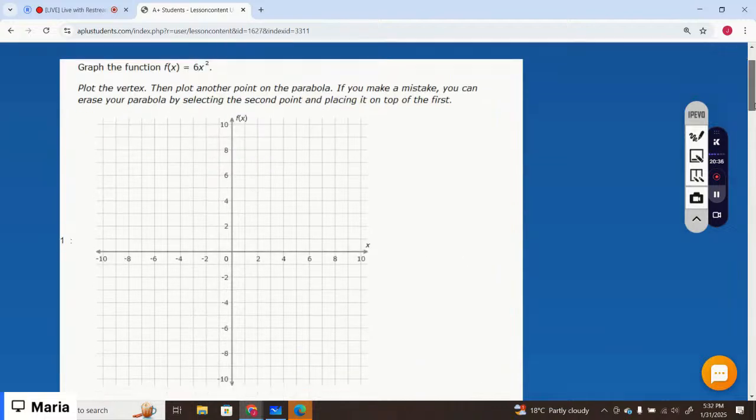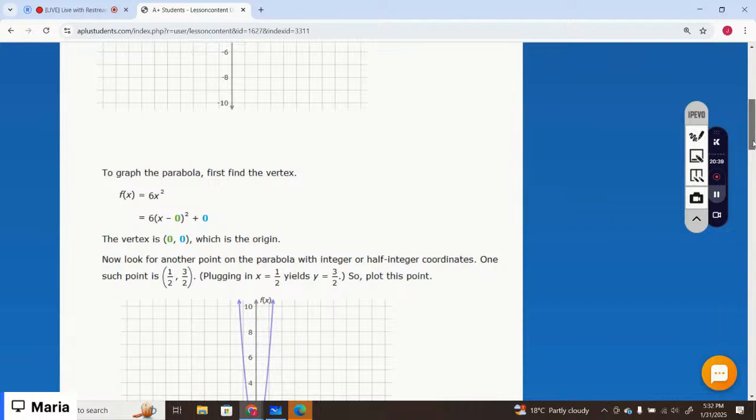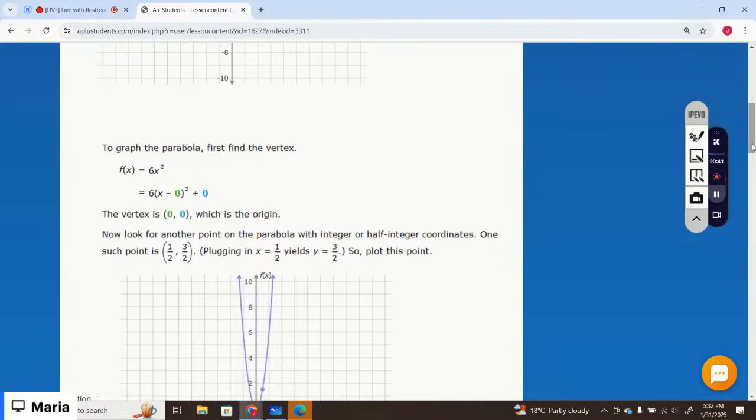So the first thing you need to calculate is the vertex. To graph the parabola, find the vertex first. That is 6x square, which is basically a times x minus h square plus k. That is the equation in vertex form. So the vertex is 0, 0. Now look at another point on the parabola with integer or half integer coordinates. One point is if x is 1 by 2,